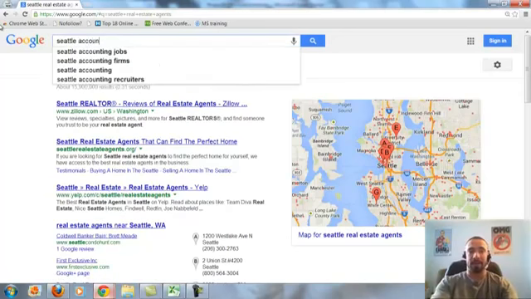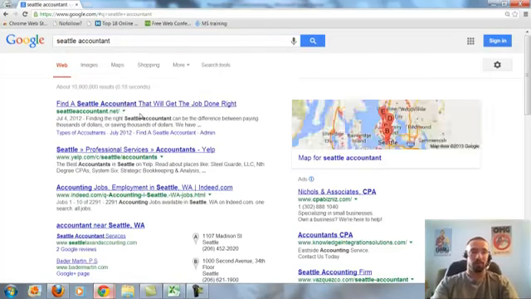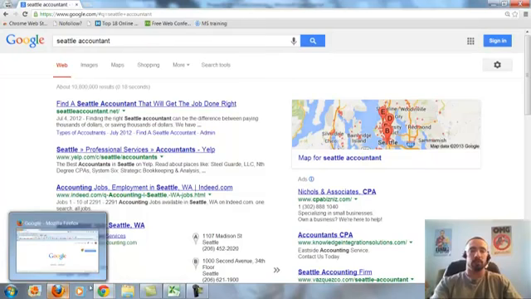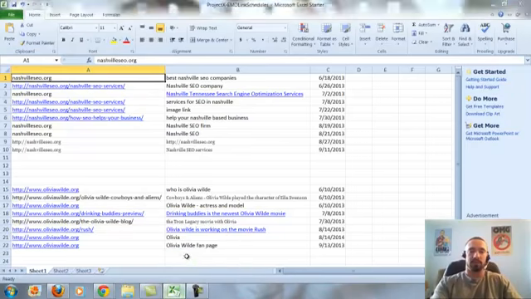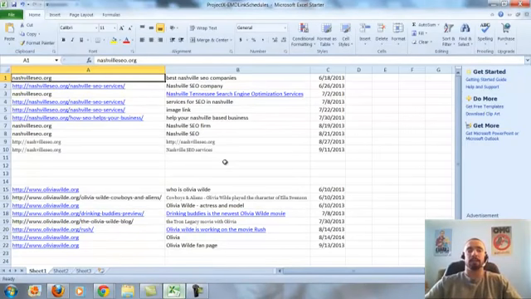Another site was Seattle Accountant, number 1. Okay, so EMDs still work. It's plain and simple, but it's just they're a little more sensitive now with all the over optimization going on. So what I like to do is when I have an EMD, I kind of like to poke at it. It's just like I'll do things, I'll see how it reacts, and then I'll take it from there.